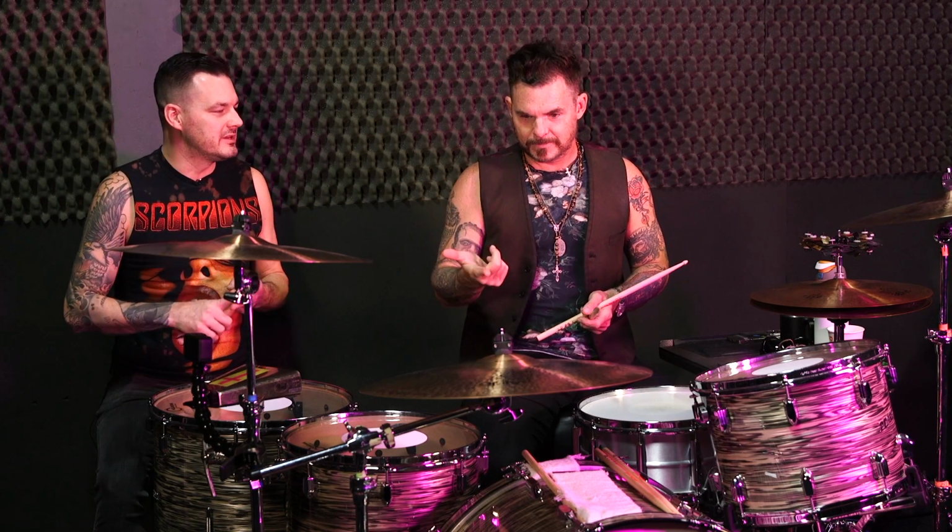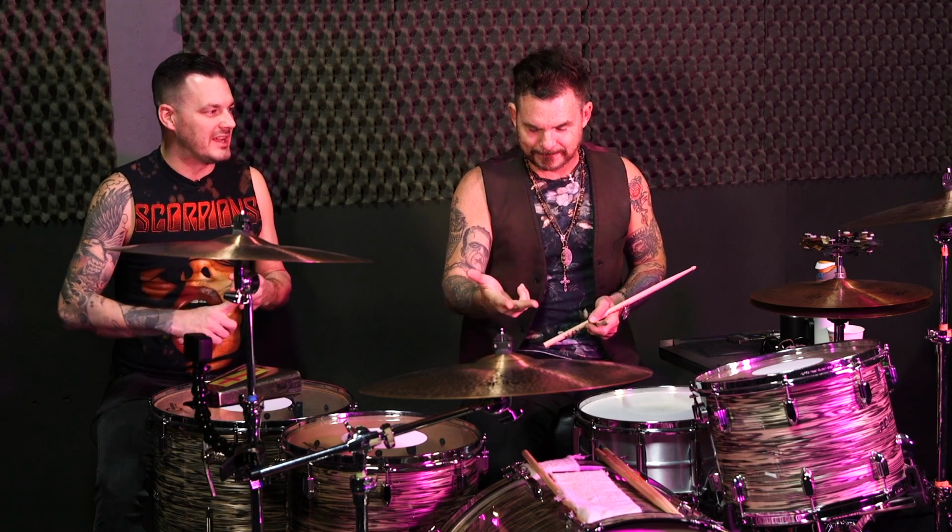We're seeing this happen a lot in rock, that the ride has to be able to do three things. It has to have a bell that cuts. You really need to be able to stick it and have good jazzy things, and it needs to wash and not kill the mix. This sounds awesome, and it's doing all three of those things really well. So I'll play like...